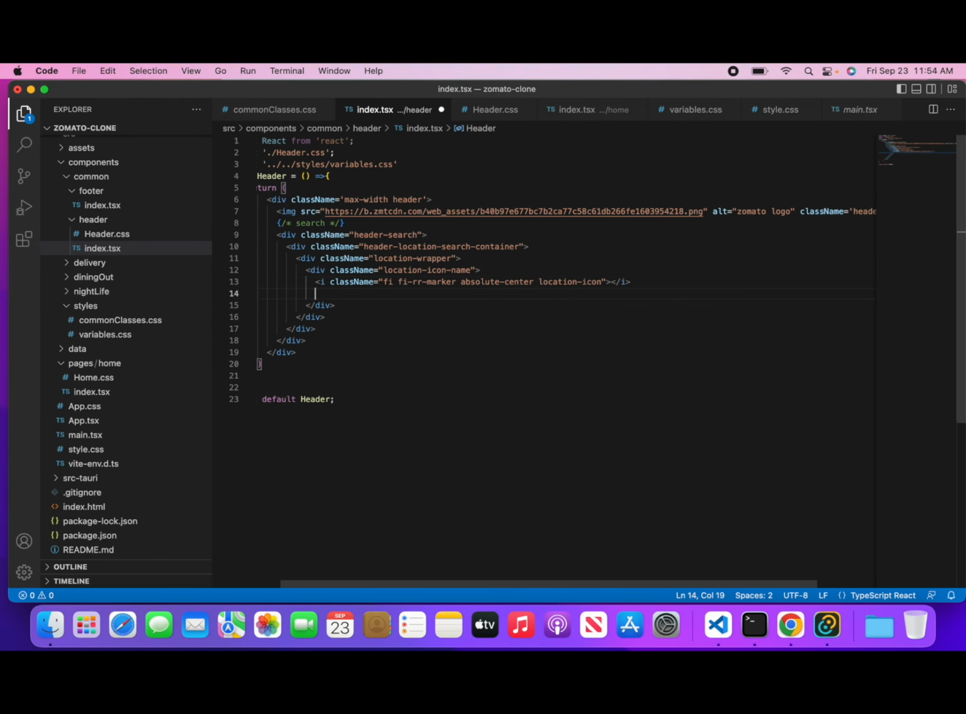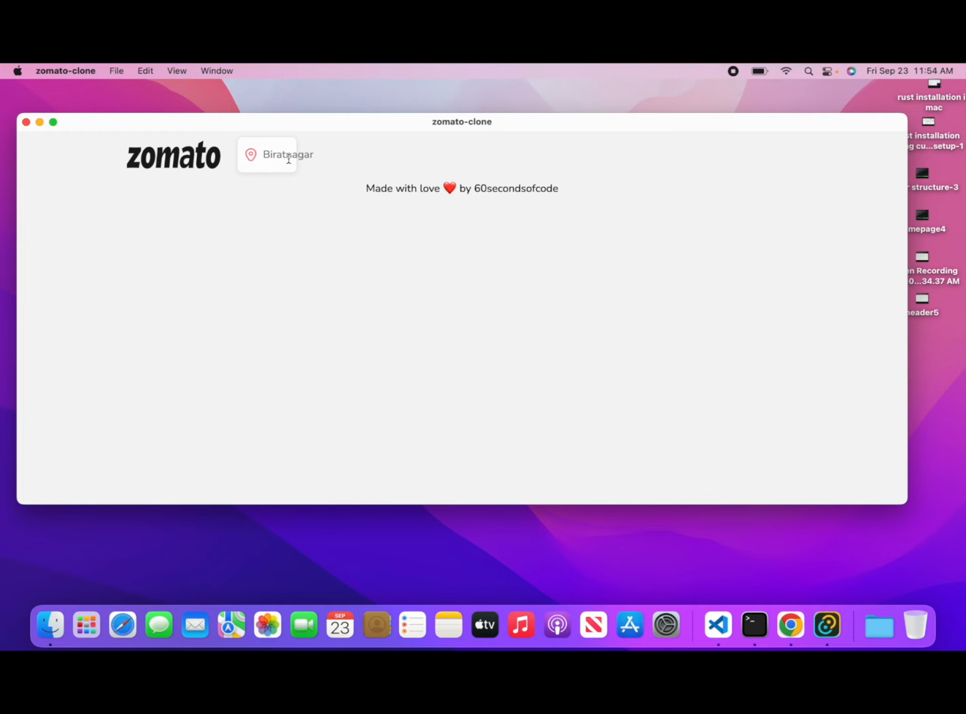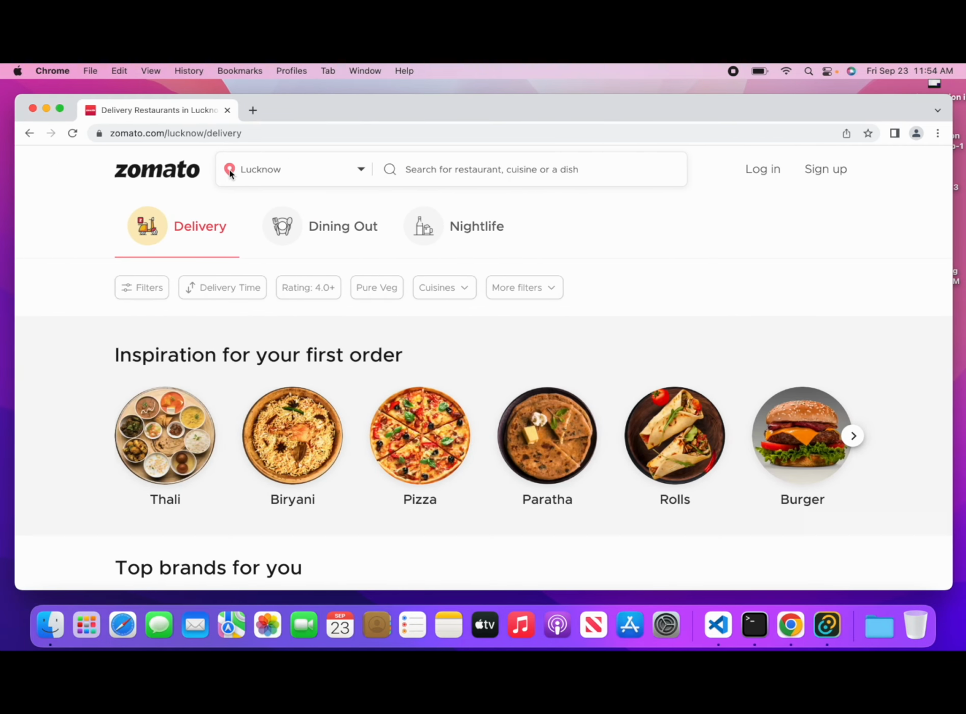Coming into next, right, we'll be giving some name, a div with the text Biratnagar. Yep. And yeah, that is it. So as you can see, till now we have our location icon and Biratnagar, and if you see Zomato, the same thing, and we'll now be using this caret and this separator,